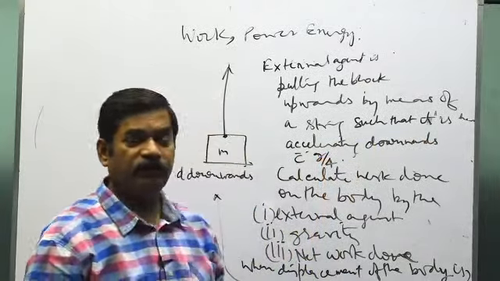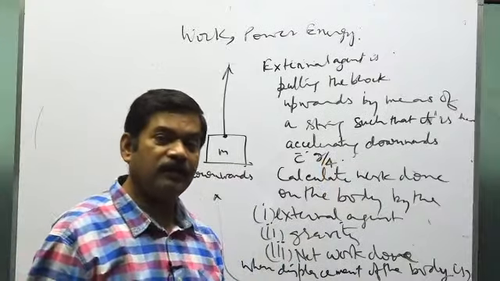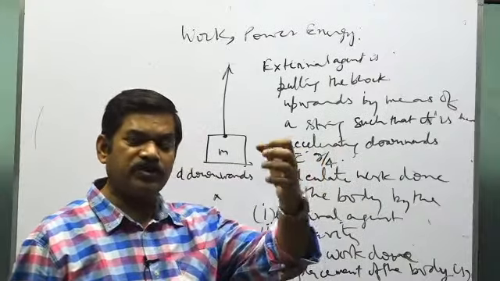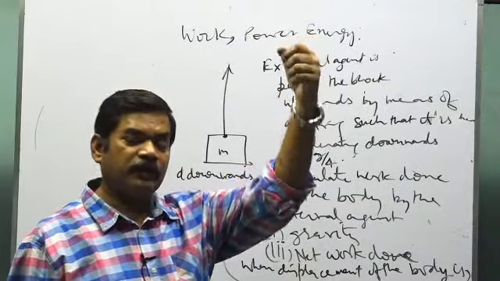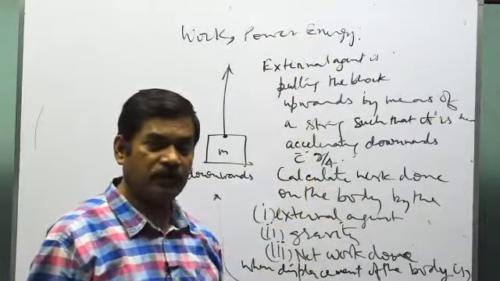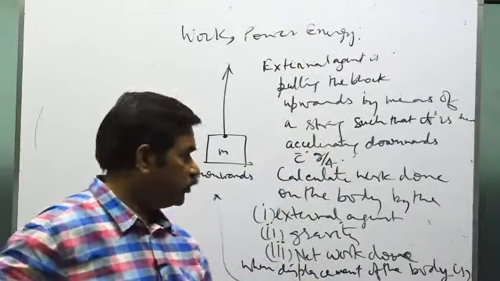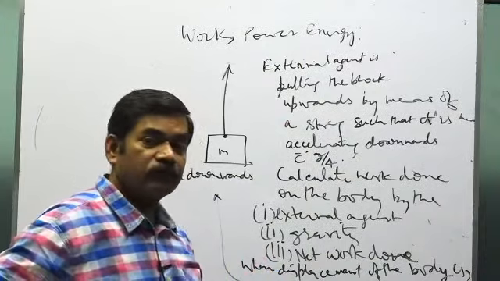So you see, first of all, when you see the question, you might be surprised that the external agent is pulling the string upwards, but the body is accelerating downwards with acceleration g/4. And when the displacement of the body becomes d downwards,